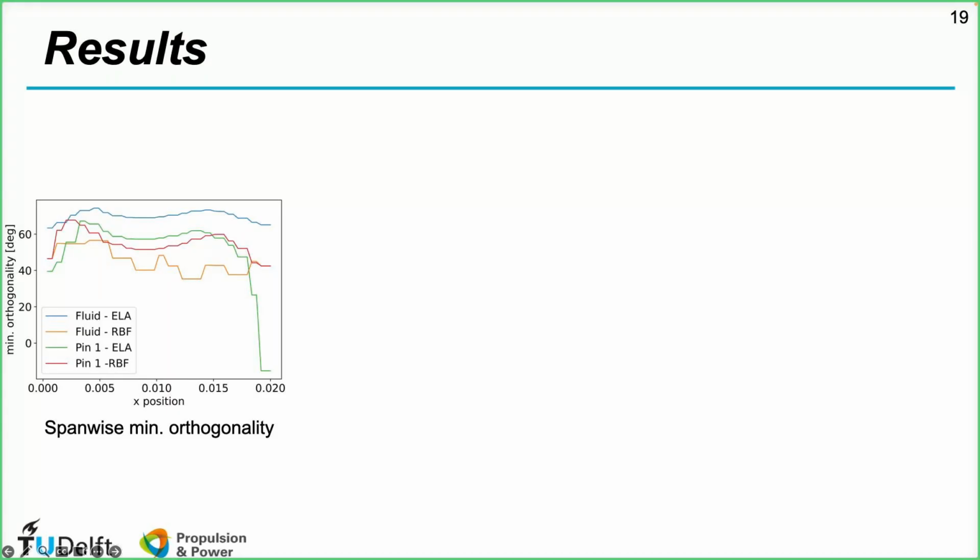And for the fluid, you can see that the mesh quality is actually a bit less compared to the linear elasticity analogy. But for the pin, in this case, you can see that it failed at this side of the pin, whereas for the RBF, which is this red one, you can see that it actually stays above 40 degrees, more or less. And if we have a look at this cross-section, sorry,